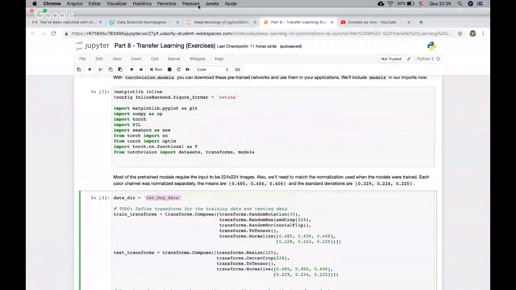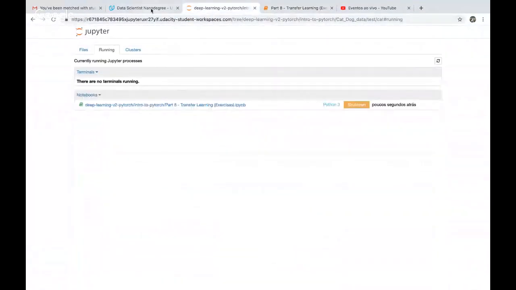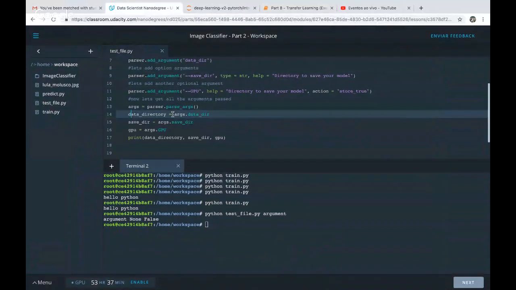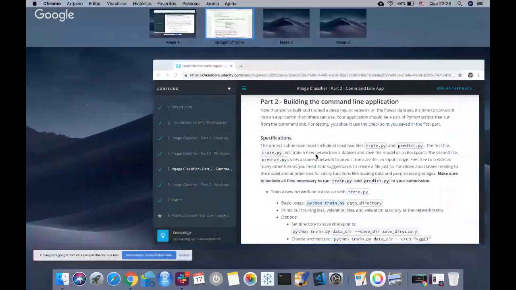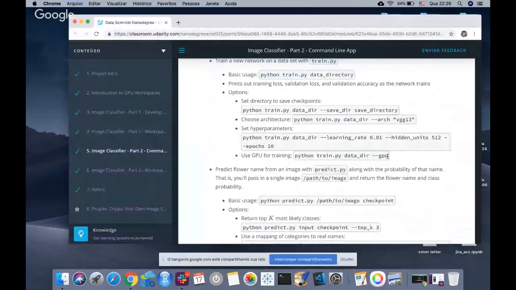So what you have to do in this second part is almost only find where you have to replace. For example, where there is an optional argument, you can use if or if-else to decide what you're going to do. For example, there is an argument called GPU. If the user passes this, it means the user wants to use the GPU for training. So you can set an if-else statement: if true, which means this argument was passed,